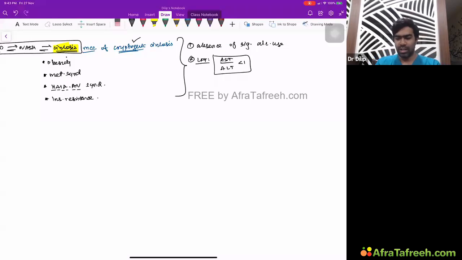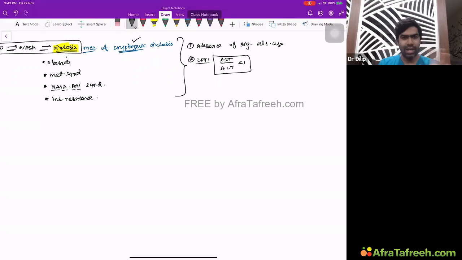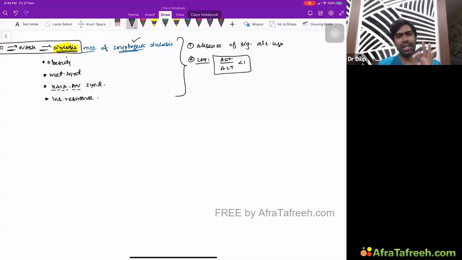And please understand, the most common cause of LFT derangement, or we can call it the most common cause of asymptomatic LFT derangement in an OPD patient, is NASH. Sometimes you do an LFT randomly for some other reason and see that LFTs are mildly deranged, like maybe SGOT and SGPT. Normal is less than 40, but it may be in the 50s, 60s, just above 40. Usually this range is very commonly due to NASH or non-alcoholic fatty liver disease. The most common reason for asymptomatic deranged LFTs in the OPD setting is NASH, non-alcoholic fatty liver disease.